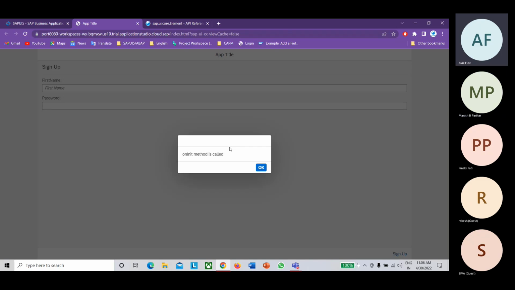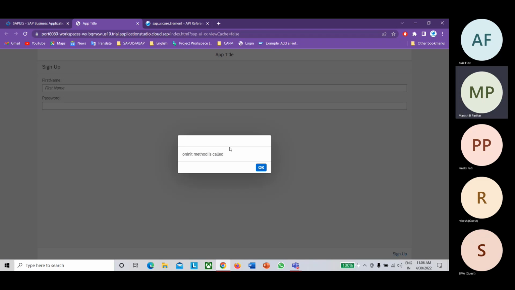If that pattern is matched, only that method will be triggered. It won't execute all the 10 lines, only the particular line where the pattern is matching. So don't be confused.